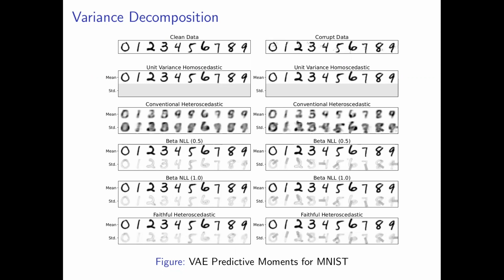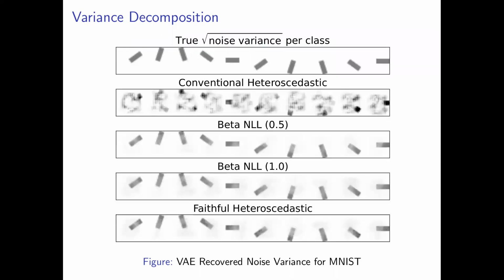On the right, we corrupt data with heteroscedastic noise that depends on the digit's true but unobserved label. The homoscedastic and conventional VAEs behave as before. The beta NLL and our method retain the good-looking means, but we now see a rectangular patch in addition to the epistemic edge localization uncertainty. Indeed, this patch is the noise we added to the images. We rotated additive white noise according to class label. Averaging the difference in variance estimates between noisy and clean data conditioned on class label, we find that the beta NLL and our method recover the true heteroscedasticity in the data.